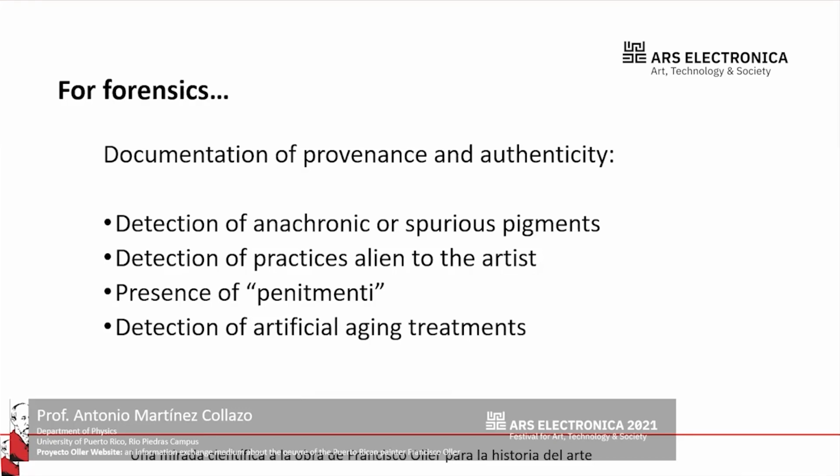The detection of practices alien to the artist, like the presence of pentimenti, tells us something about the hand that was involved in creating the work of art, namely whether or not we know that the painter used corrections in his painting in the creative process, or maybe they're not known to be present, or for the artist not to use them. So either way, we can establish the presence of pentimenti, and that would inform the provenance and authenticity of the painting, and the detection of artificial aging treatments also, which would point out false